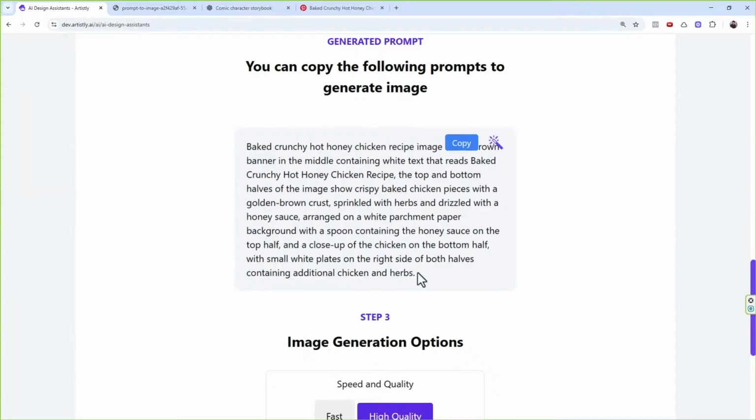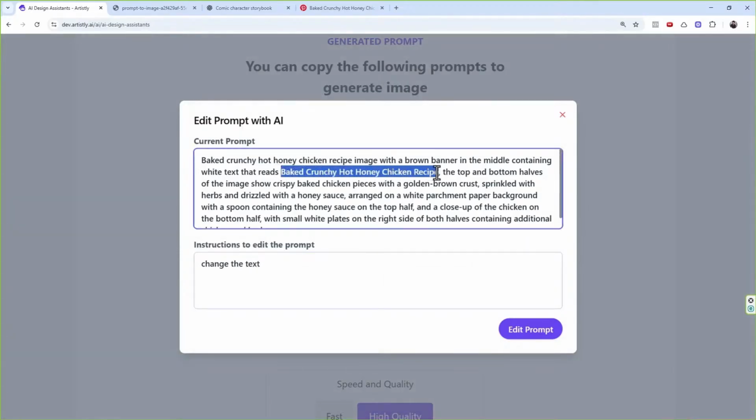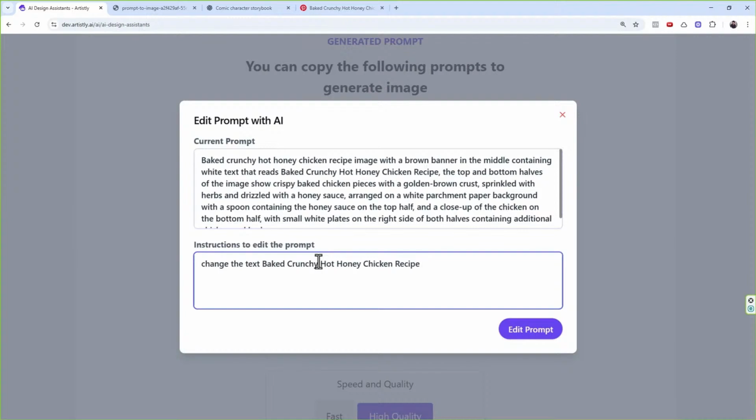But if you don't want to, you can always click on this magic edit option, say change the text, baked crunchy hot honey chicken recipe to baked soft chicken recipe. I'm just giving something, right?